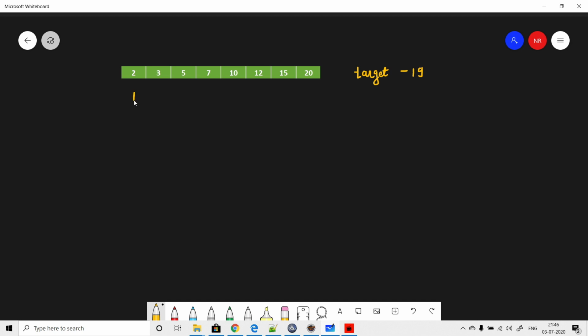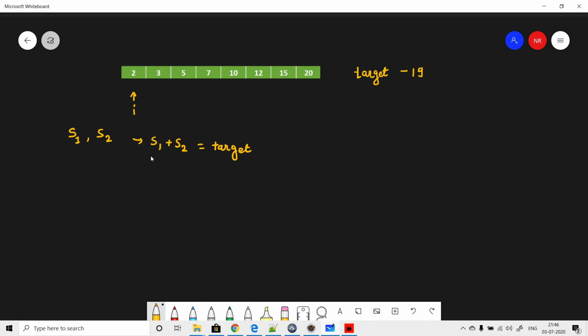Now if you do brute force, you will start your i from here. What we want is to find two numbers, S1 and S2, such that S1 plus S2 is your target. This is the output we want.